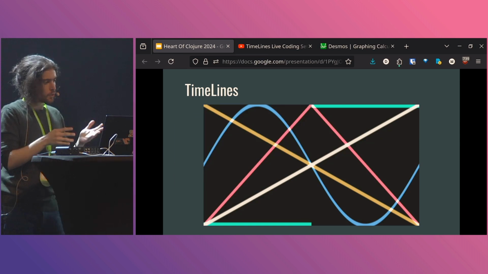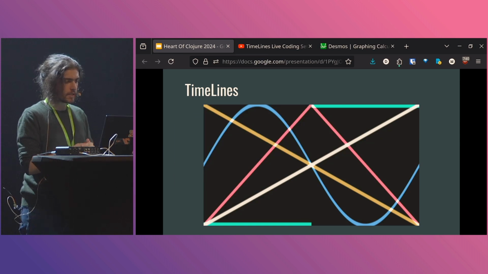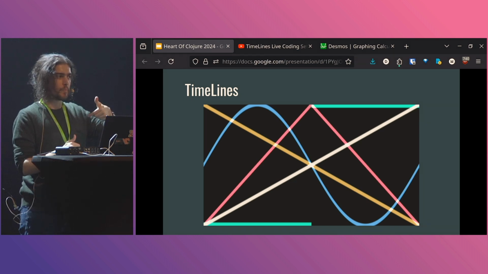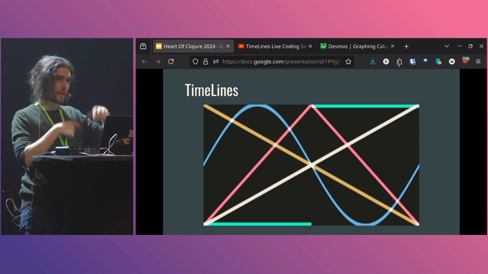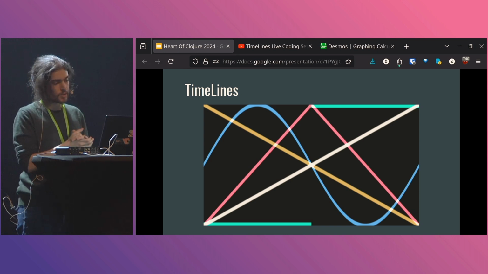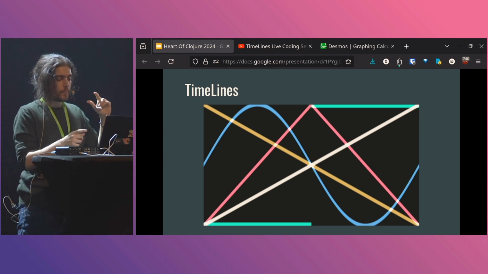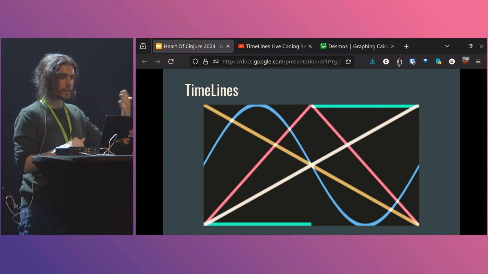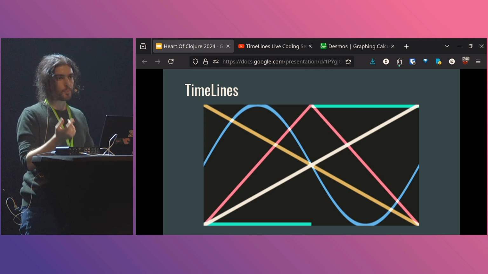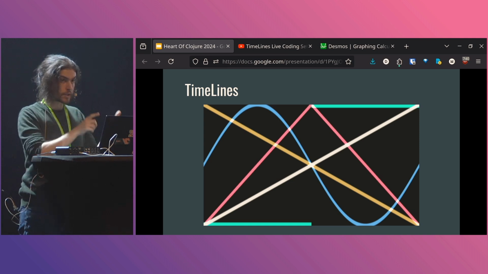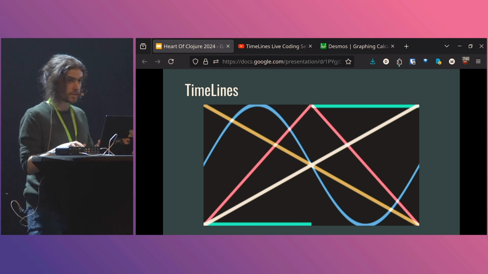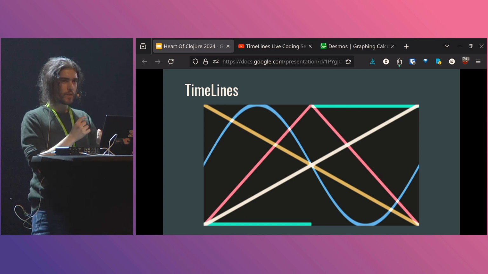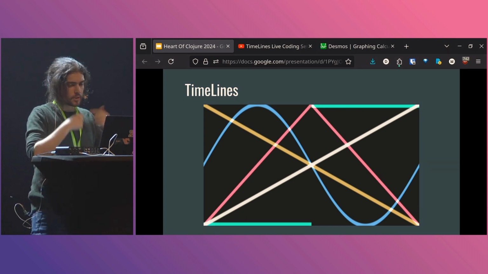And finally, I want to get to the actual product itself. TimeLines is predicated upon this idea that music is just a function of time. It is physically, but it also is mathematically, or at least it can be thought of as such. And the idea is that if we have a computational process that produces sound, then every single one of its parameters can just be a very literal function of time, of just a lambda of one argument. And then by abstracting time like that and modifying it in interesting ways,